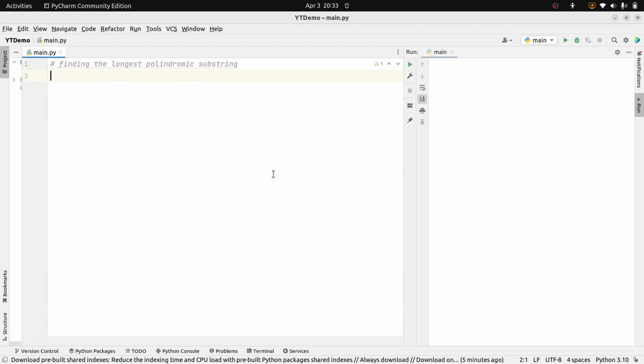So I will ignore case, so it will be case sensitive. That means it will consider the case also. For example, madam. Here madam is actually palindromic, but the first letter M is capital and the last letter M is small, so we won't consider this as a palindromic. Okay, it is case sensitive. Okay, fine. So let me write